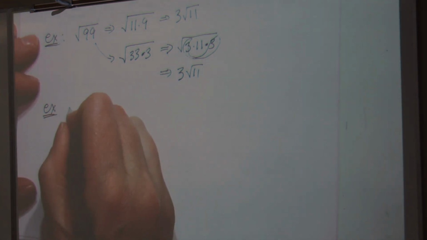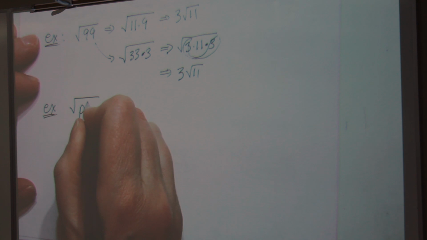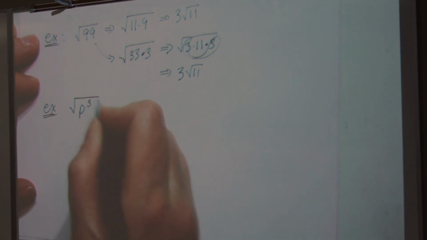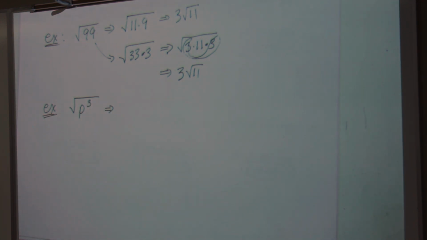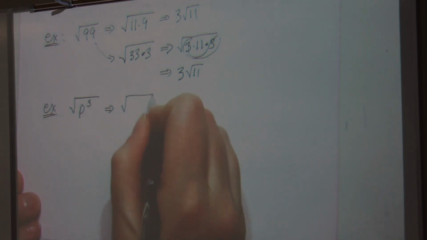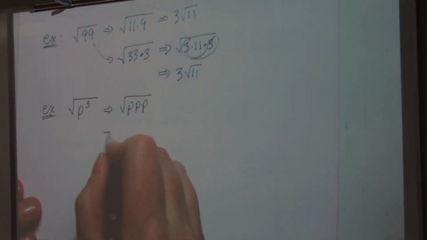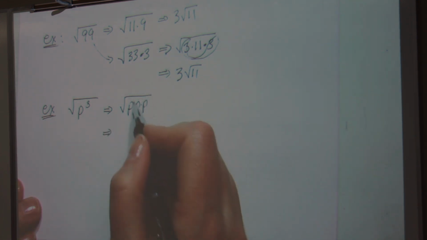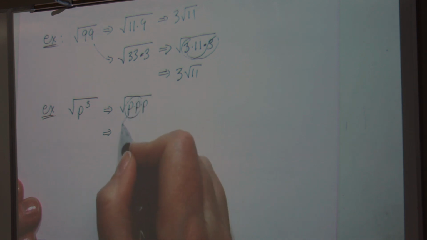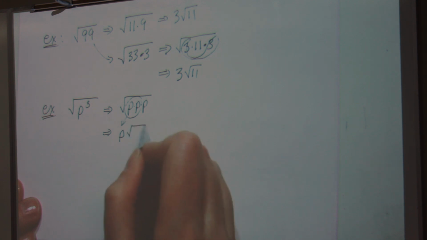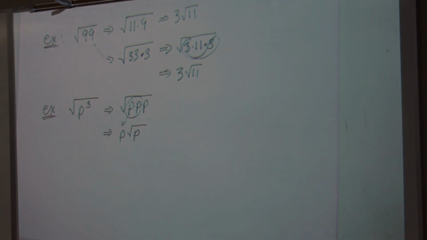Now, let's start out with variables for a second. I have P, let's do P cubed first. Normally we could expand this out and give me the square root of P times P times P. Whether or not I put dots in there doesn't really matter. Do I have 2 of a kind in here? Yep, those pop out, giving me a P. That's one pair, and I'm left with the square root of P. That's nice if you want to do it that way. But,